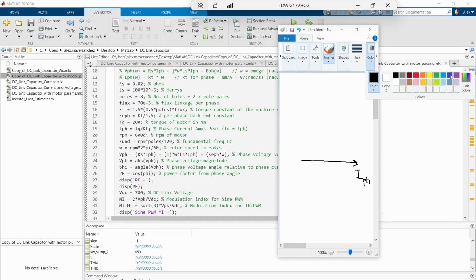And then for the voltage, let's just make it blue or indigo, or whatever color. So the phase voltage is going to be the sum of all of these vectors. So the resistance times the phase current. So the resistance is tiny, so we're going to add all these vectors tip to tail. So say we have this tiny R series times I phase, and then we're going to have this other component that is going to be J times omega times